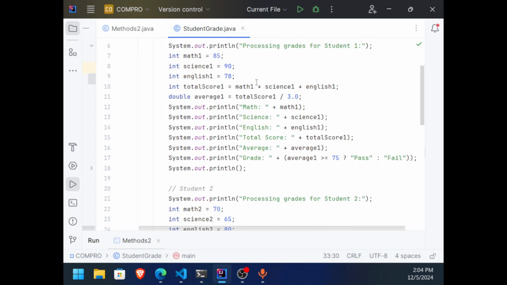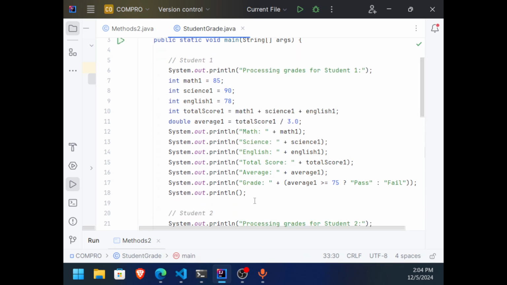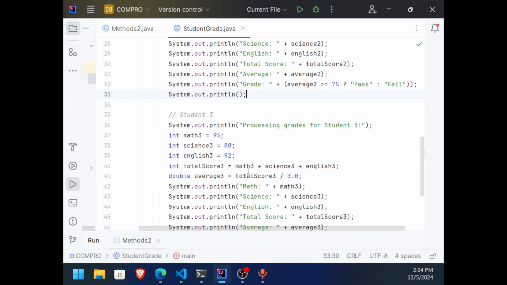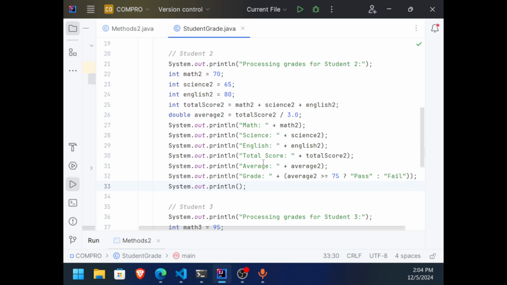So we can make this concise and make our life easy. As we can see here, this involves just 3 subjects: math, science, English, math, science, English, math, science, English for 3 students. And we are getting the total score, the average, and then we identify whether the grade is pass or fail.